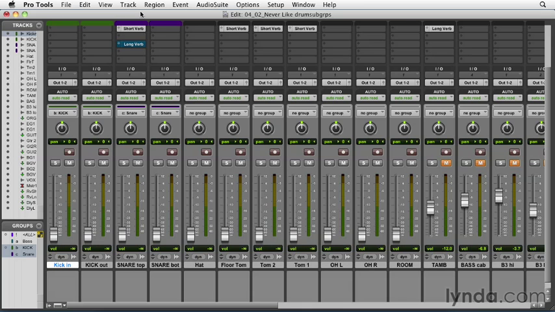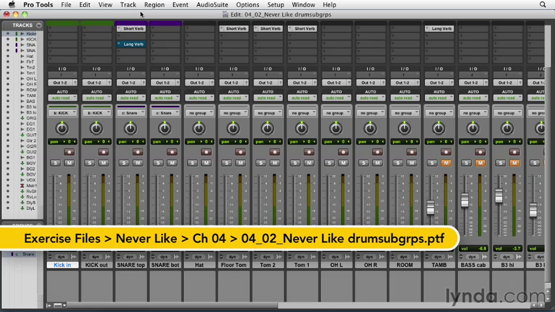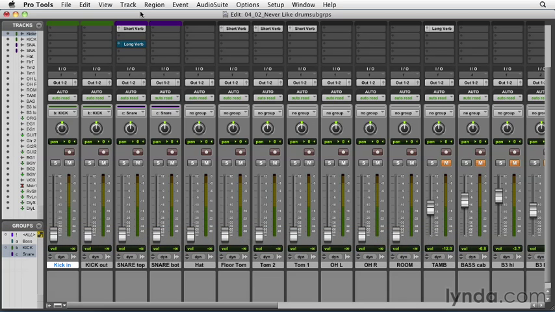Whenever there are two or more instruments in a mix element like a drum kit, it's best to assign them to a subgroup in order to make any level adjustments easier. In this video, I'm going to show you how to assign your drum channels to a subgroup and why using one can be helpful. So the first thing we're going to do is insert a subgroup,